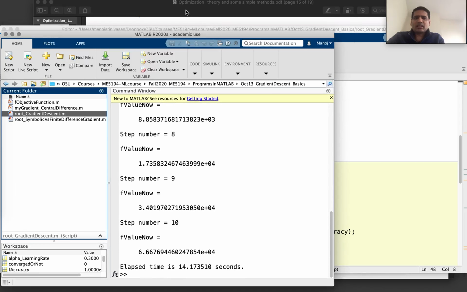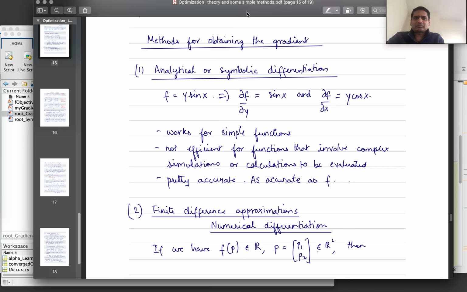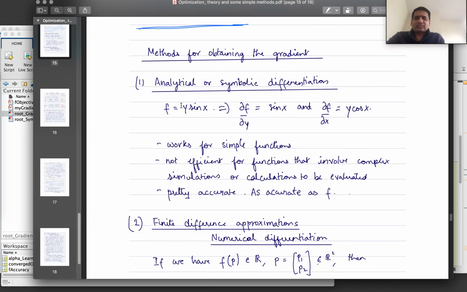So how is the gradient computed? Okay, so we can compute gradients a variety of different ways. If you have a simple enough function, let's say f equals y sine x, just to take a random example, where it's a function of two variables, or your parameter set p, p1 and p2 are basically x and y. Okay, so one way to